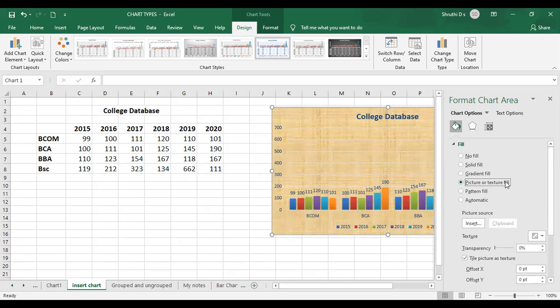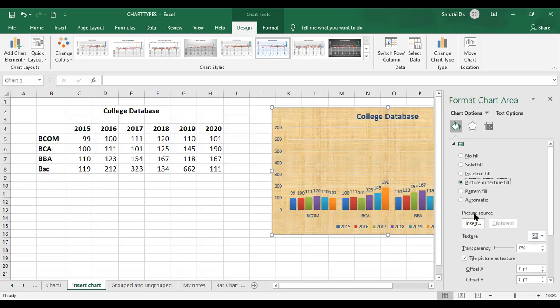Okay, so here it automatically gives you texture fill like this. Texture fill, you would have seen different paintings, right? Paints and all that, for house paints they'll do it, right? Similar to that, there is a texture fill option here. And once you click on this, the picture option is also highlighted for you. So picture source you can select here.